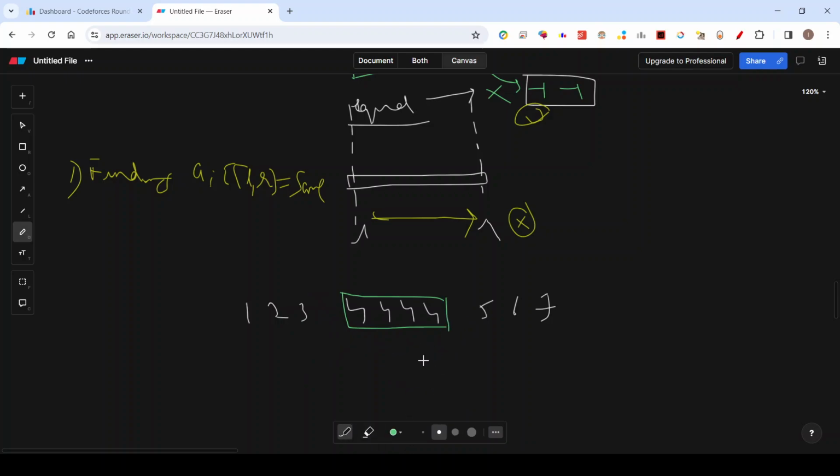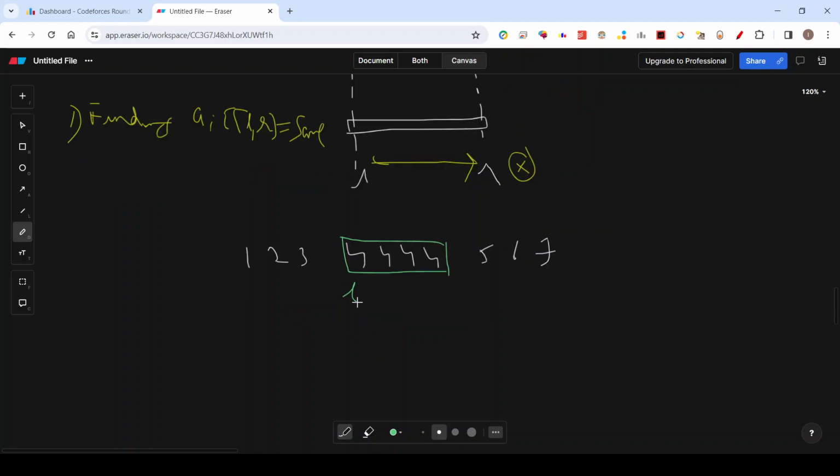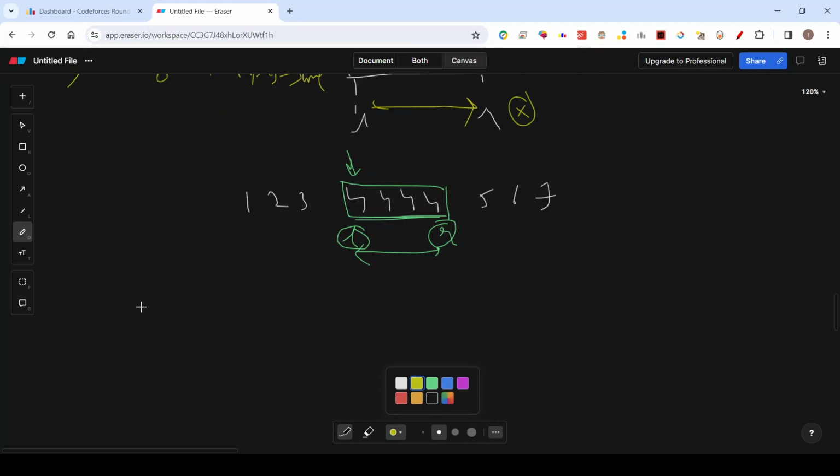So if I tell you to find out whether all the numbers in this range are equal or not, what values do I have? I have the outer boundaries, right? So if I say that 4 occurs that many number of times, which is present in the length, what I mean is that if I am able to figure out how many times 4 is occurring in this length by just having some pre-computed values at this L and R, then my work would be easy. So for this, I construct a length array,